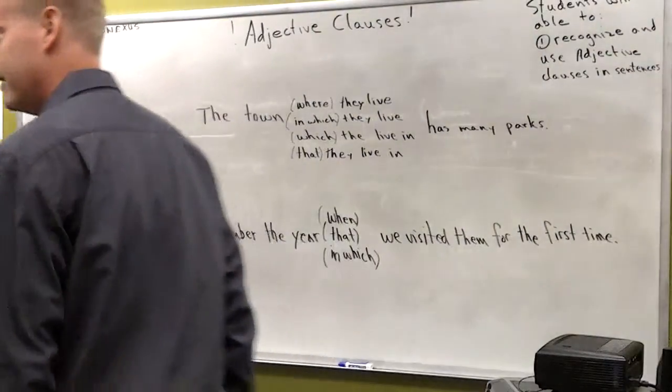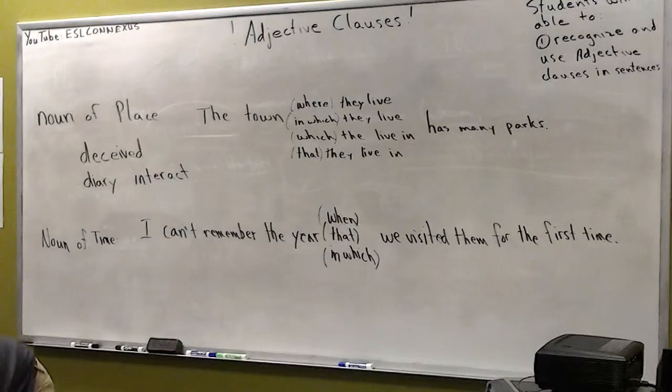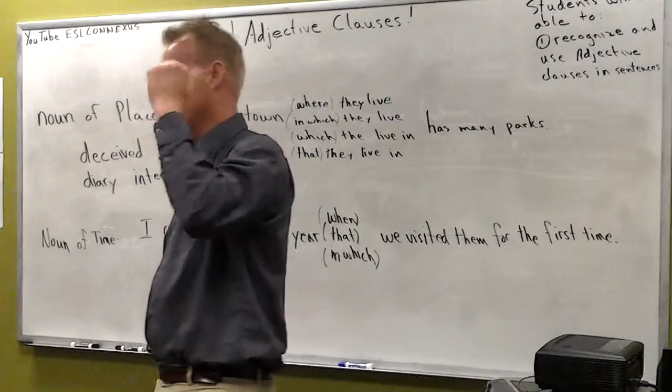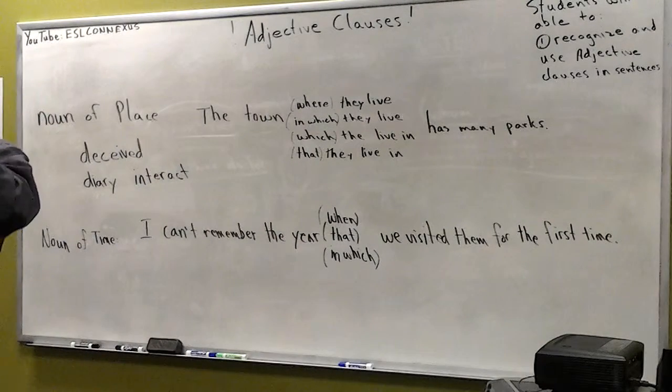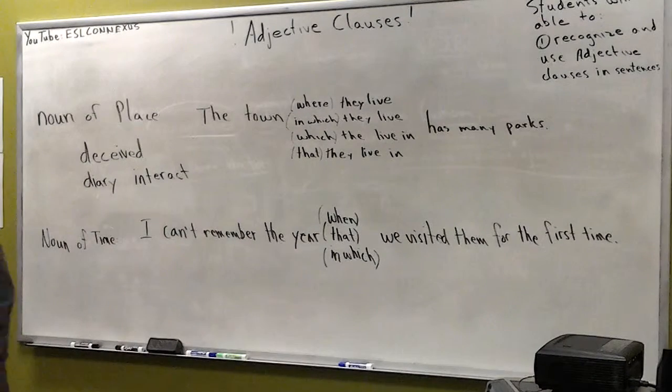Nothing. You can actually do nothing. You can get rid of the relative pronoun. You get rid of it. So listen. When the relative pronoun is the subject, I have two options in describing a person. Who and that. When it is not the subject, it has its own subject.